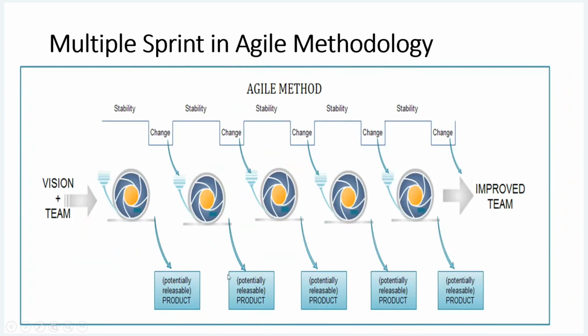So I have taken 100 requirements. Out of 100, I have taken 50 requirements. Suppose I am not able to develop the full 50 requirements. I am able to develop only 40 requirements. So 10 requirements will be shifted into the next product backlog. And from here, 50 requirements will be shifted for the next product backlog.